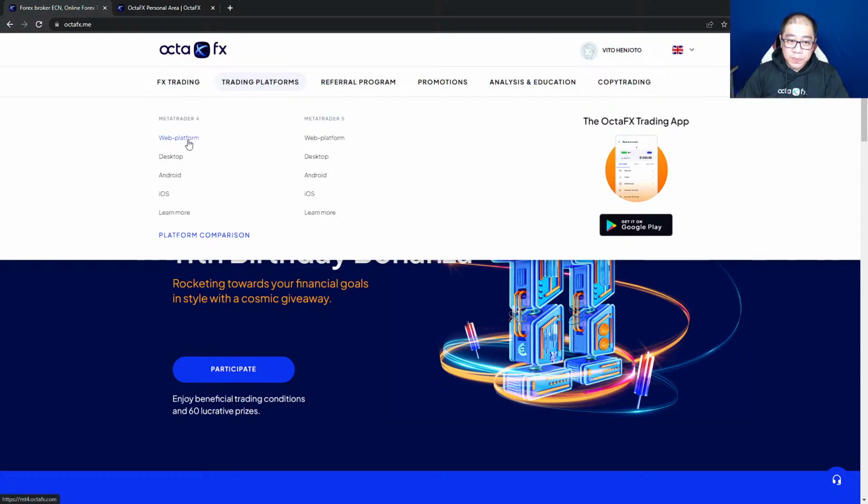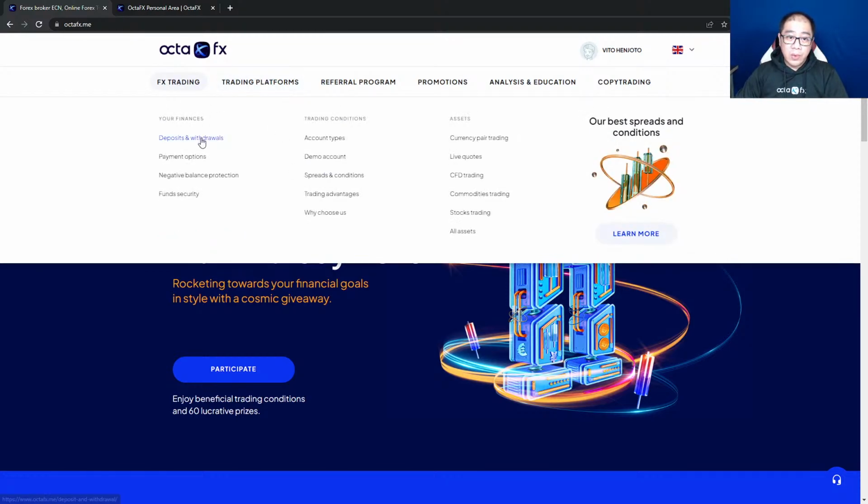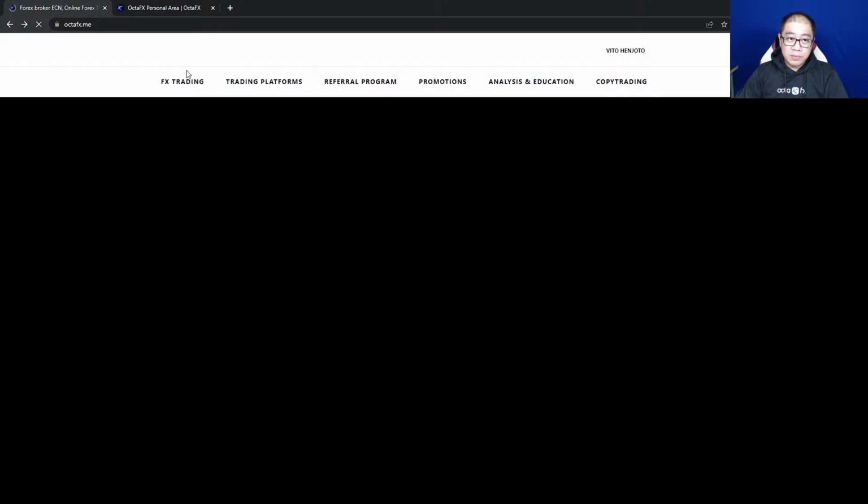For this one, you can download MetaTrader 5 or MetaTrader 4. You've got the web platform. If you are a Mac user, I think the web platform is your choice. You can download the application to desktop or Windows. You can also have it on Android and iOS. Okay, so when we click on FX Trading,